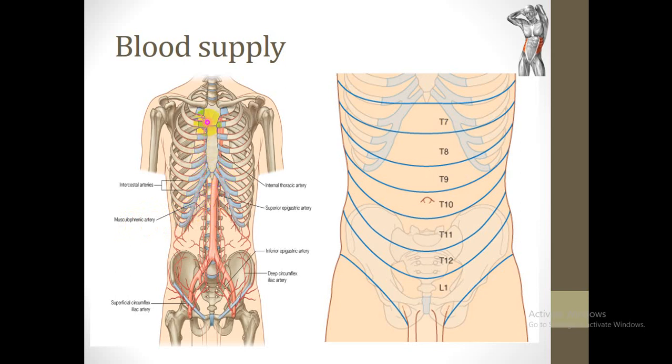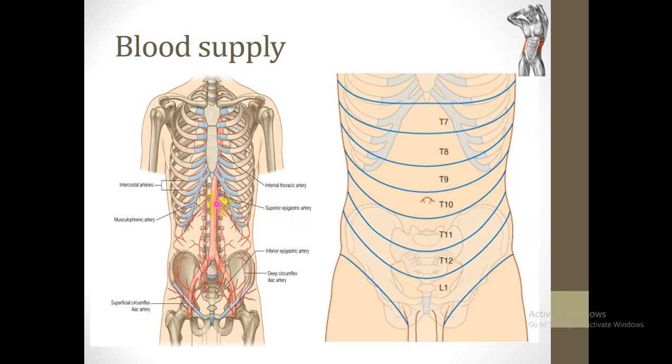In addition, from the lower part, by the superficial epigastric artery and the superficial circumflex iliac artery, which are branches from the femoral artery. At the deeper layer, the blood supply of the anterior abdominal wall comes from the superior epigastric